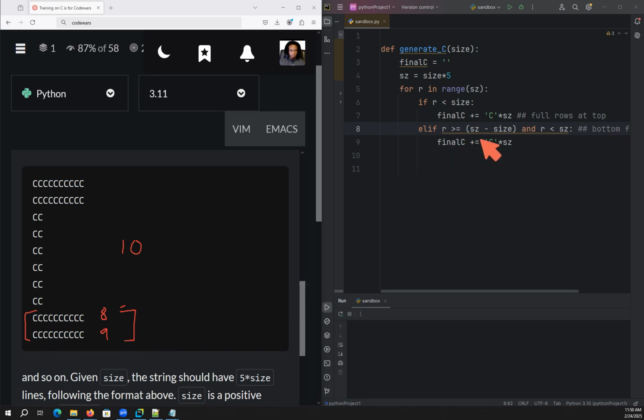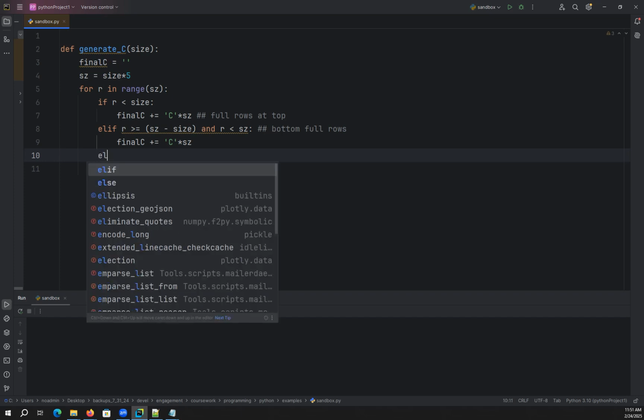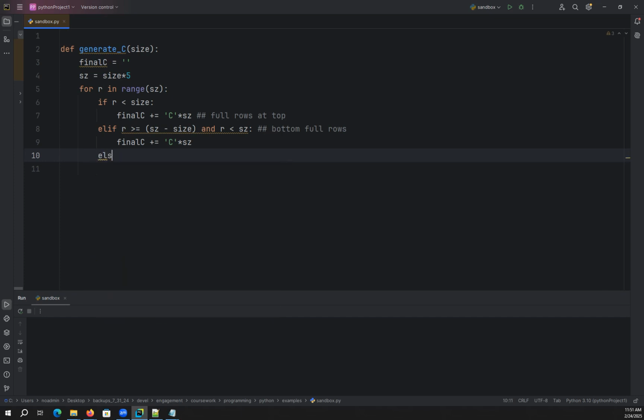So not a full explanation, but maybe you can follow what's going on by me plugging in the numbers for when the size is 2. It's gonna go for 8 and 9 while it's less than 10, and it's gonna do a full row for those rows. And yeah, so these are the ones at the bottom. All right. And then otherwise, you're doing the interior rows. And the interior rows are just going to be